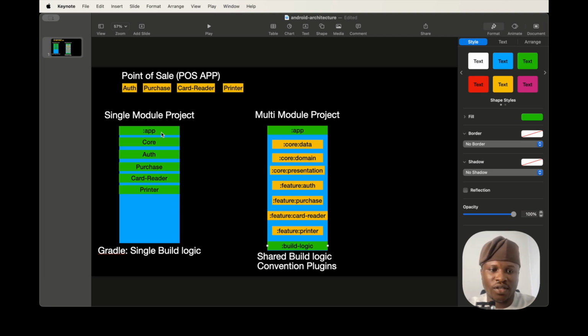This is fine. You can just choose to use the only module that will be created by Android Studio when you create a new project, which is app. Then you can structure your features within the same module, which is app. For this, you just need a single build logic, that is the Gradle build file, to configure your